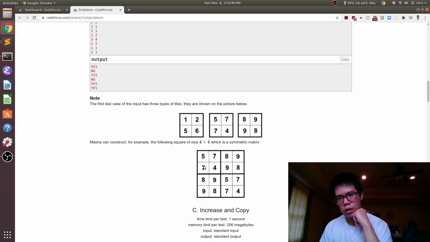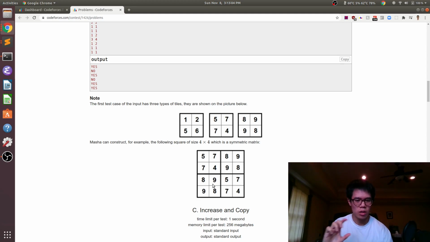And if there's anything not on the diagonal, basically we need one that's a flip, a rotation of another one.